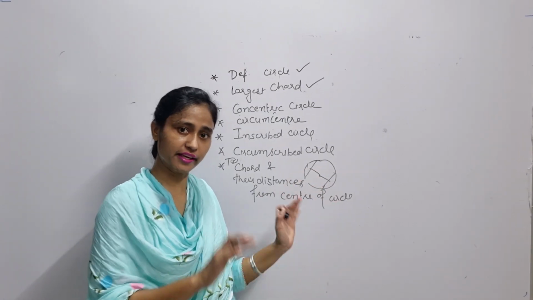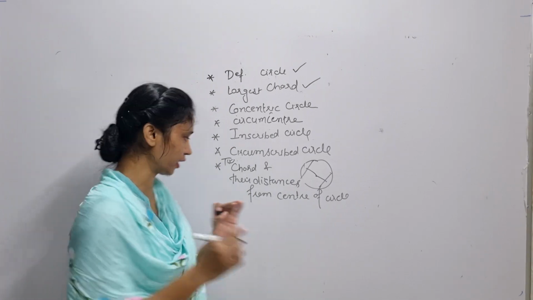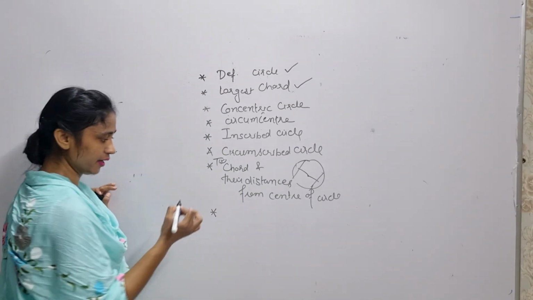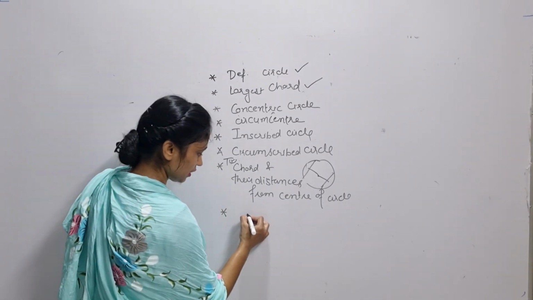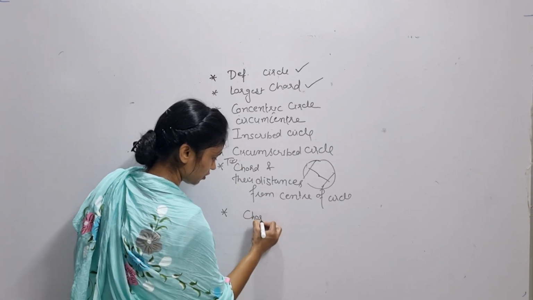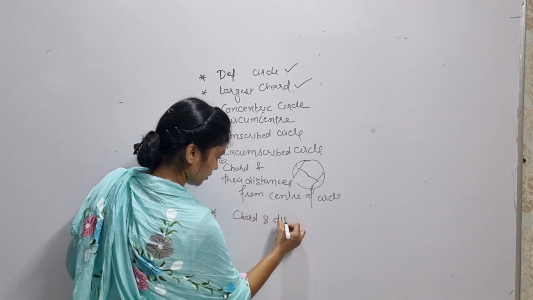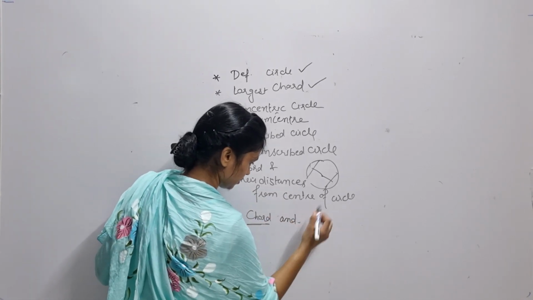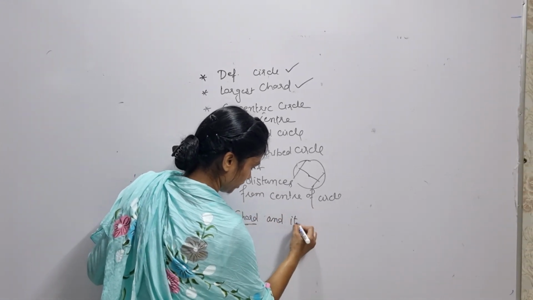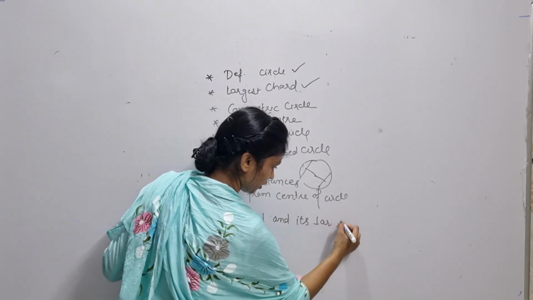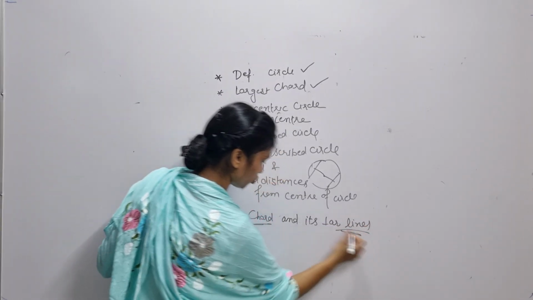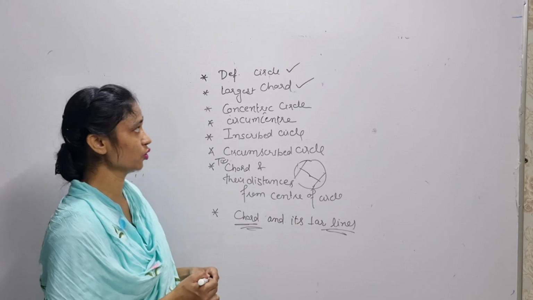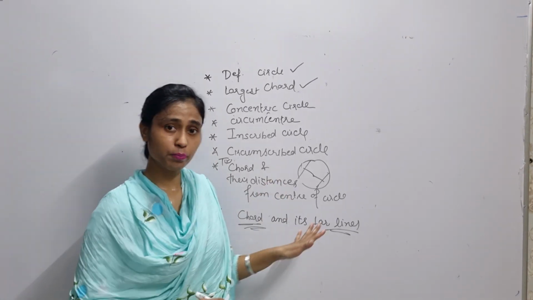2 रिजल्ट का है ना, कन्वर्स भी का, एक डायरेक्ट एक कन्वर्स, दोनों तरह होल्ड होता है। लास्ट में हमने क्या किया, सो chord and 1 chord and its perpendicular line, इन दोनों का रिलेशन हमने किया डिस्कस।